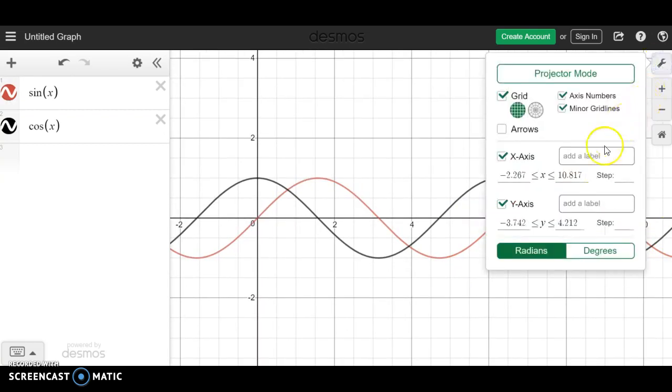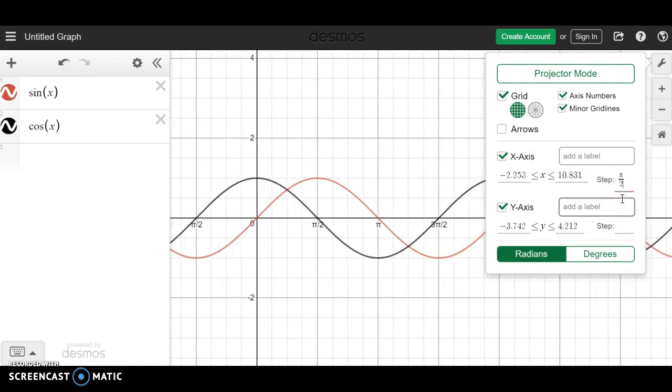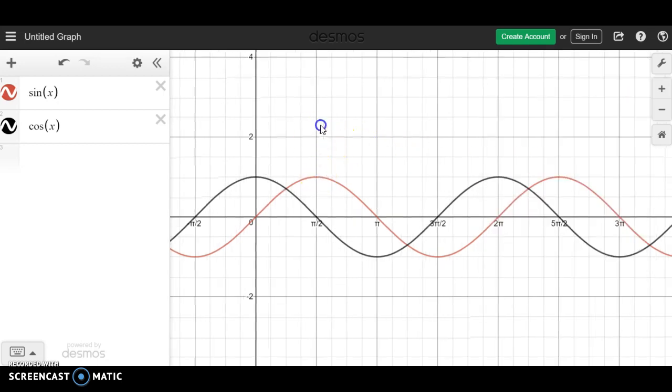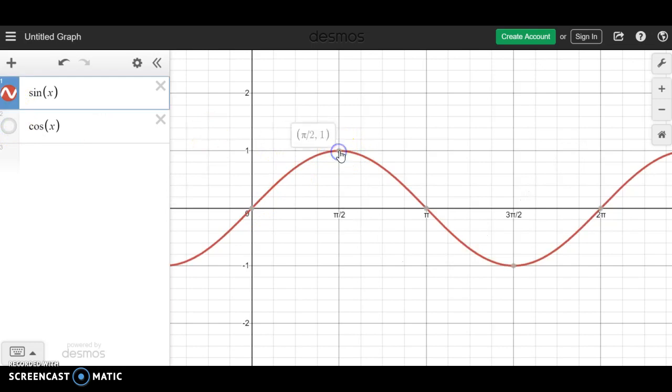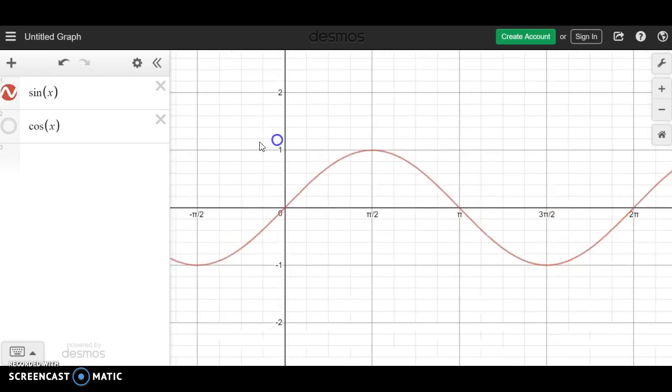I'm going to change my labels here to label every pi over 2. I want my step to be pi over 2. So when I label it every pi over 2, the maximum value of the sine function, I'm going to turn off cosine for a second, occurs exactly at pi over 2, and the minimum occurs at 3 pi over 2. This corresponds to